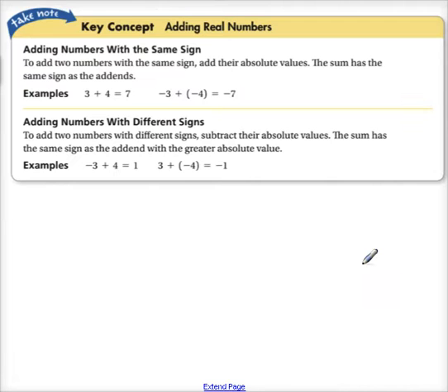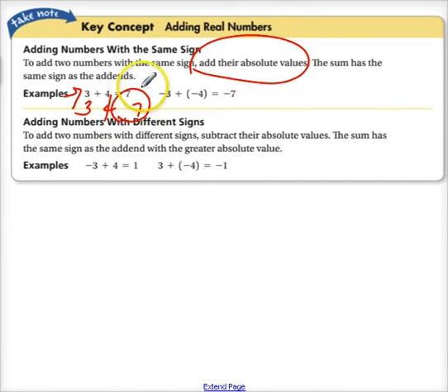Okay, so how do we use it with math? Well, if you're ever adding numbers with the same sign, so these numbers in this example are both positive, you can just add their absolute values. So 3 is 3 away from 0, 4 is 4 away from 0, add them together, I get 7. That might seem redundant because we know 3 plus 4 is 7, but it helps when you do an example